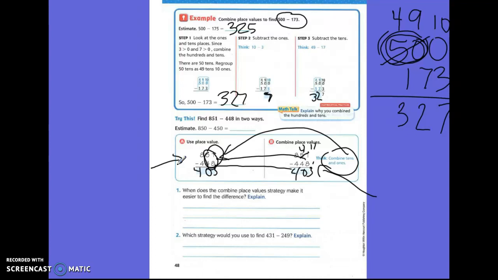Okay? Number 1. When does the combined place value strategy make it easier to find a difference? When is doing this easier? Because you don't have to regroup. Yeah. Okay,